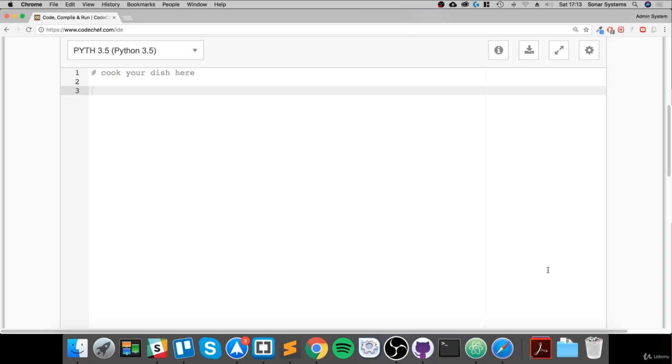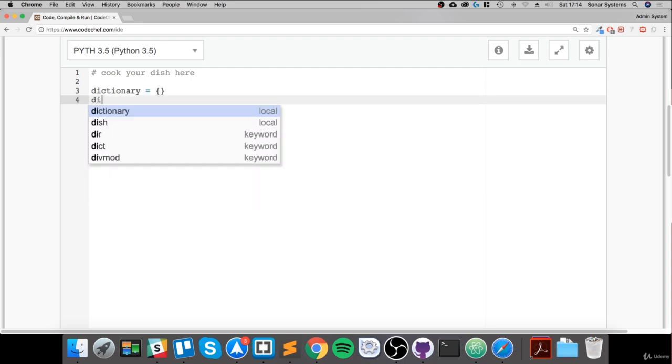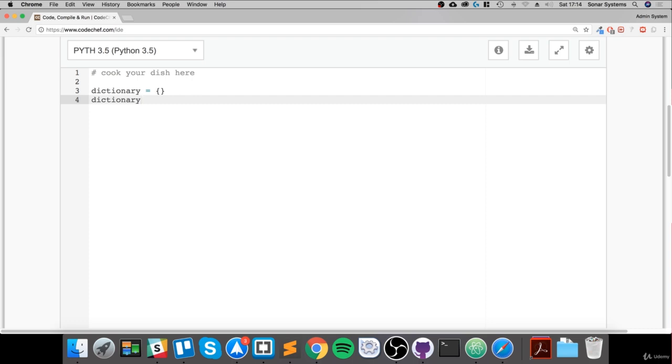So to create a dictionary, we're just going to call it dictionary, and just put the curly braces. Now just put the name of the dictionary. To assign a value, we first put a key, so this has to be unique. So if I put 1, for example, that's a key. It can be a number, it can be a string, doesn't matter. Let's say we assign this the value of item 1,